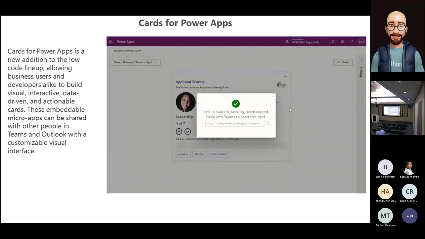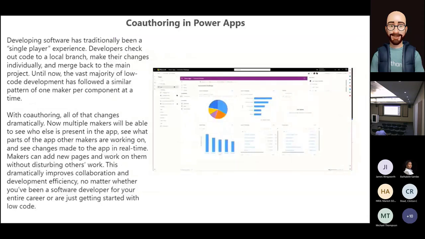Another huge ask that I've been dealing with customers for years and they've been wanting it is the ability to co-author in Power Apps. So yes, now it is no longer just a single player experience. People will be able to start co-authoring apps together in asynchronous communication. Or what people would be able to do is just open up that app and be able to watch what